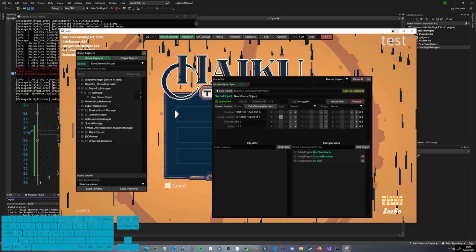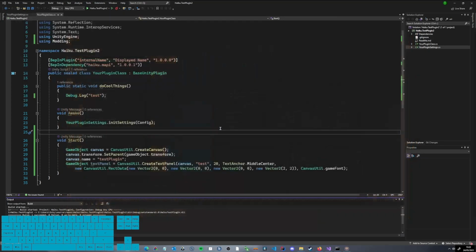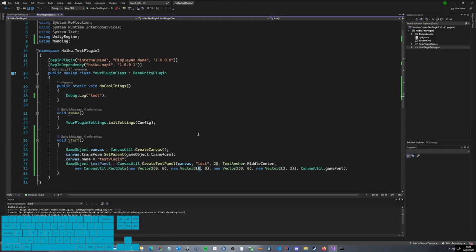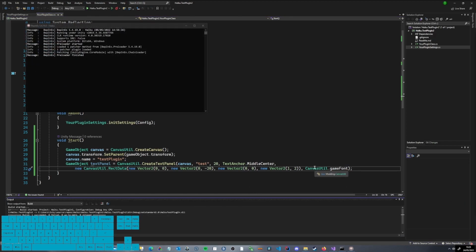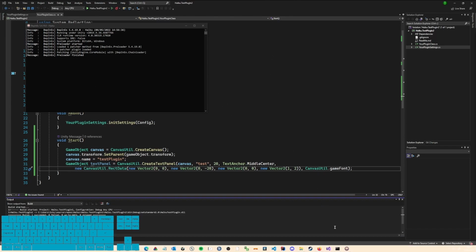So another example of what we can do is how to position this. We have the anchor position, and this basically works as an offset in relation to the anchor points. So we can place it in the middle and the top of the screen, and to not have it inside the window, you can just give it a small -20, and then it should technically be quite a bit further down.